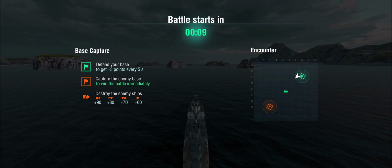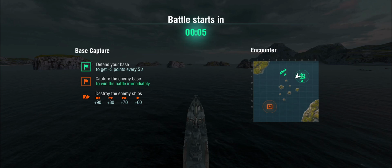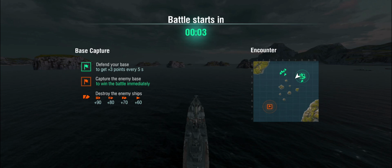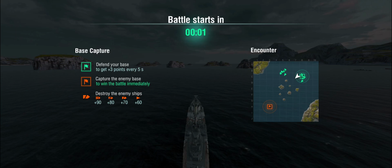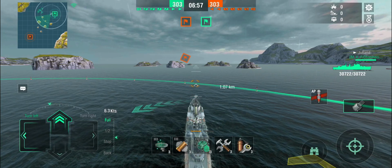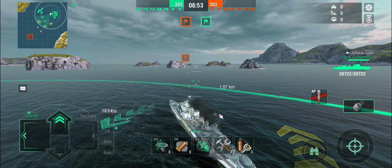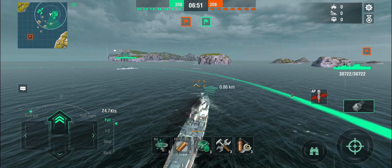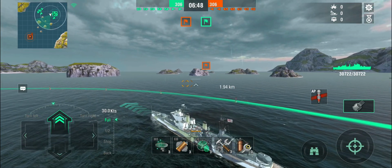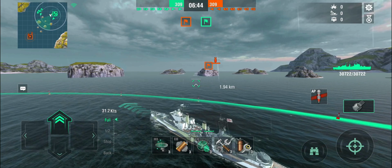Encounter... kinda, you get used to the map because it's so frequent in upper tiers. So spawning where I am, I am going to go left flank and secure that island there, because there will be destroyers coming out that side most likely. And we do have a battleship here of our own. We've got an Aki, that's good to have. And we have the carrier and the battleship on this flank, so...